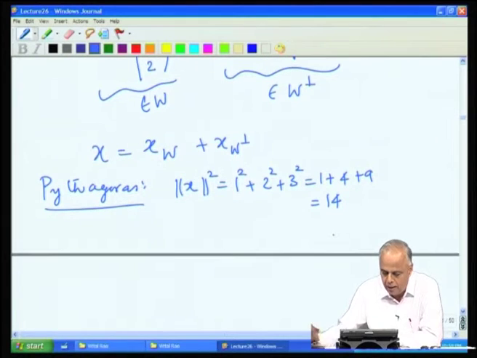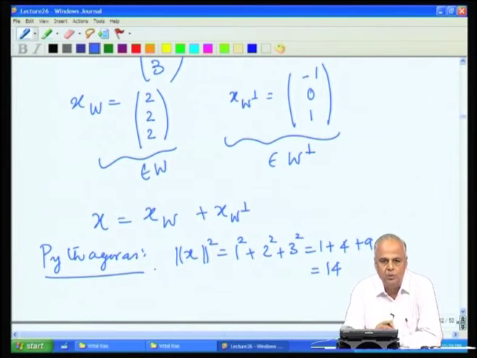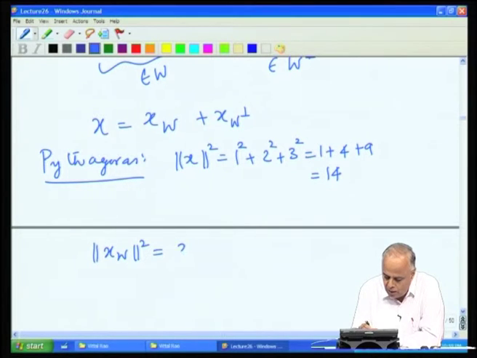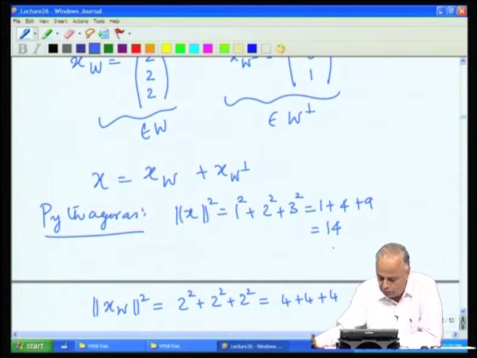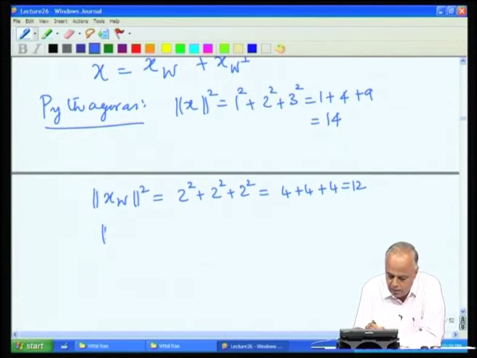On the other hand, the length of x_W squared: x_W is the vector whose components are 2, 2 and 2. So this length squared will be 2 squared plus 2 squared plus 2 squared, which is 4 plus 4 plus 4, which is equal to 12, and the length of x_W perp squared